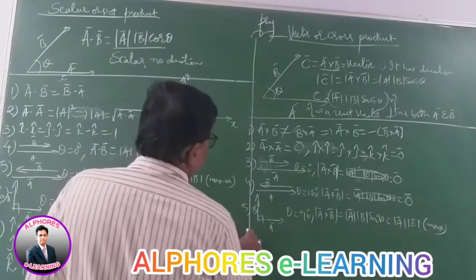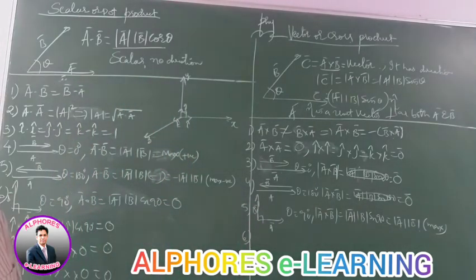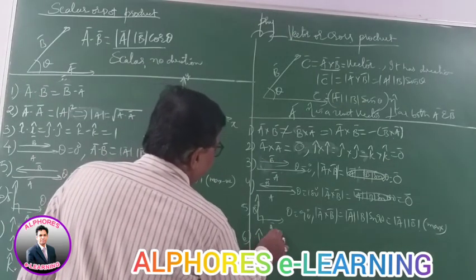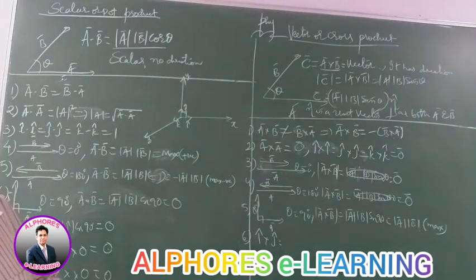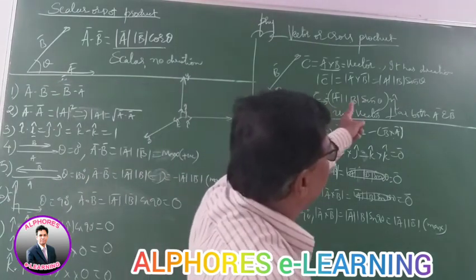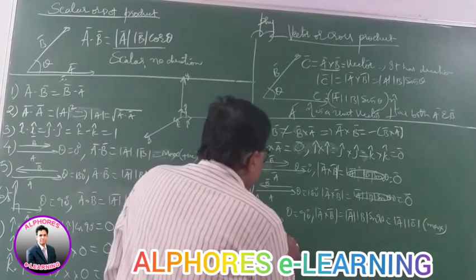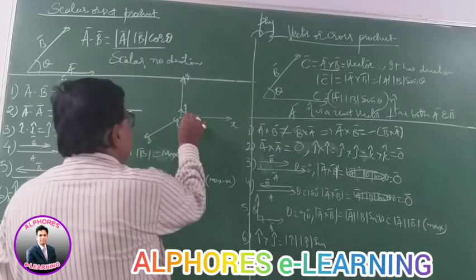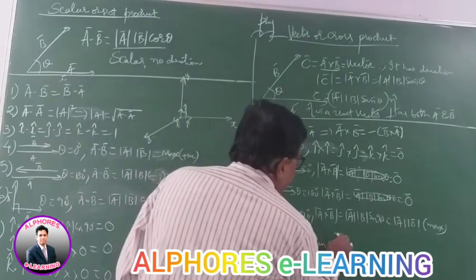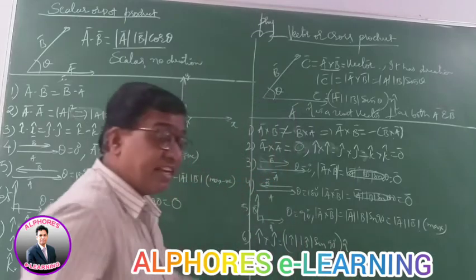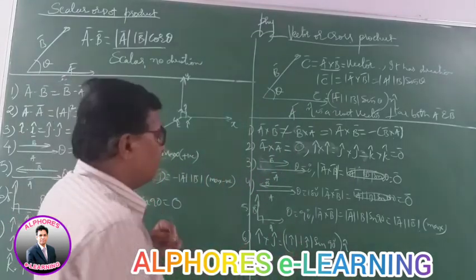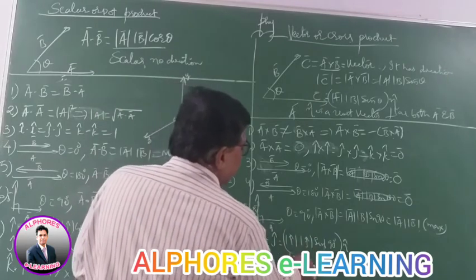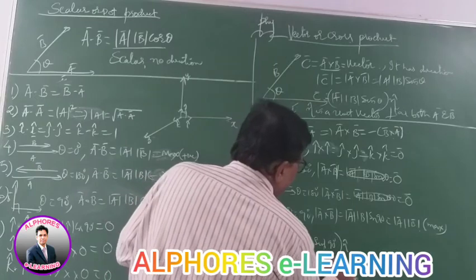But coming to the cross product of vectors, comparing the same thing here, what is i cross j? According to the formula, A cross B is mod A mod B sin theta n cap. So i cross j is mod i mod j sin of the angle between i and j, which is sin 90, into n cap. N cap is a unit vector perpendicular to both vectors. Mod i is 1, mod j is 1, sin 90 is also 1. So it's 1 into 1 into 1 times n cap. So it is n cap.